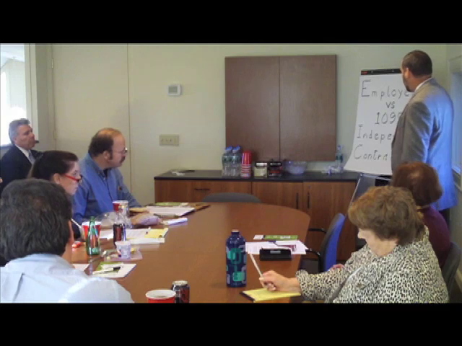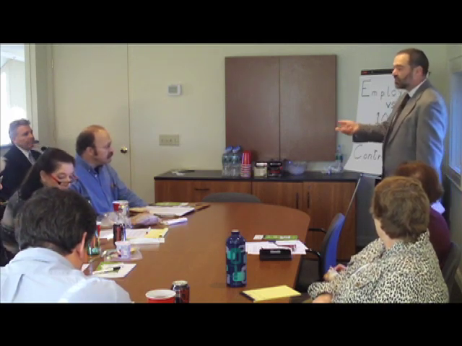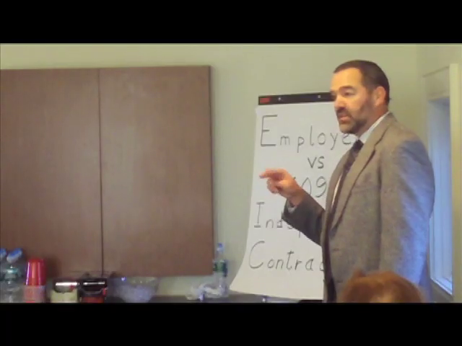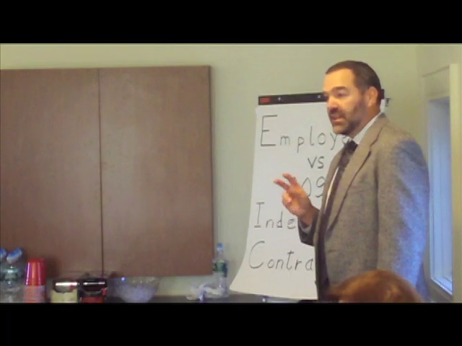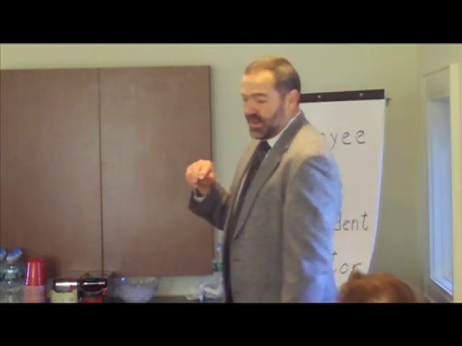Employee versus a 1099 independent contractor. There are essentially three types of employees. A common law employee, and that's the traditional employee or employer relationship. The second type of employee is a statutory employee, and this is